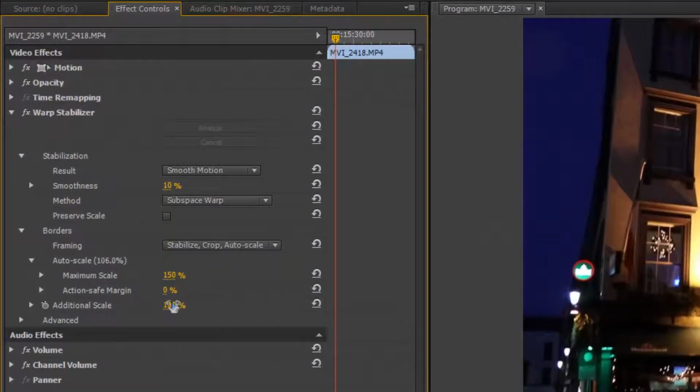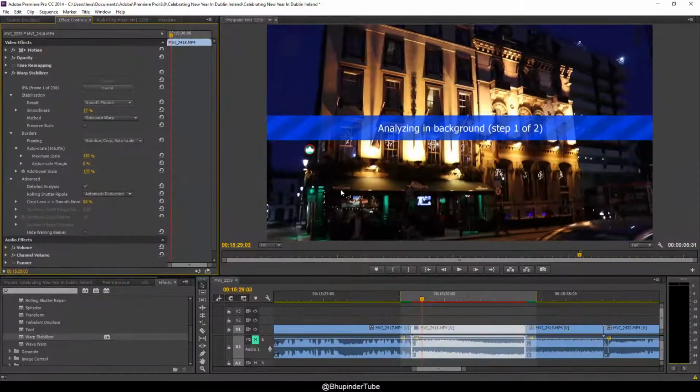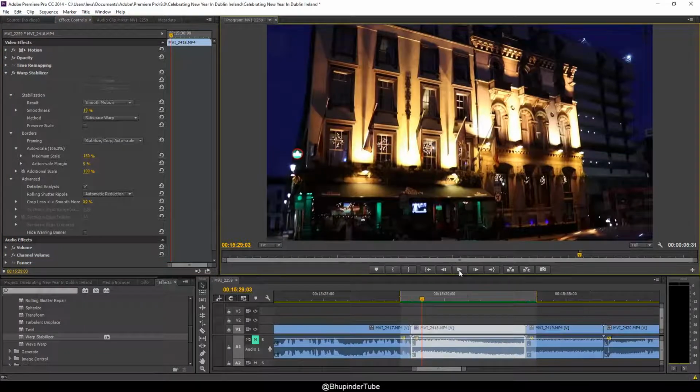So after exploring all these options, you can go to advanced, and if you click on detailed analysis, if you check that, it will start analyzing in more detail. It might take you more time. You can see the percentage of progress in here, so it took longer. Now if you play it,